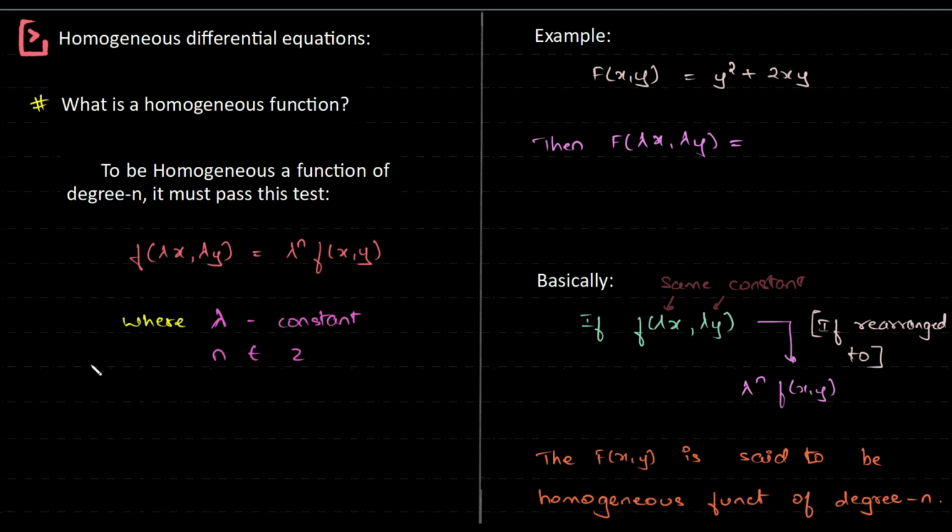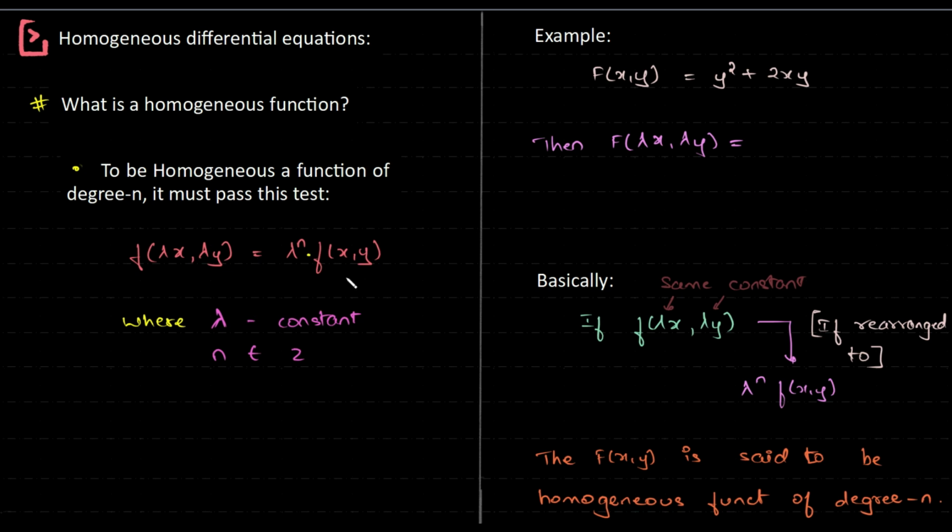To understand the next set of questions or the concept, we need to understand a word called homogeneous function. When does a function become homogeneous? To be homogeneous, it has to pass the following test. The test being, if I substitute lambda x, lambda y in place of x and y, where lambda is a constant, and you are able to rewrite the given expression as lambda to the power of n times f of x comma y, where n belongs to an integer,